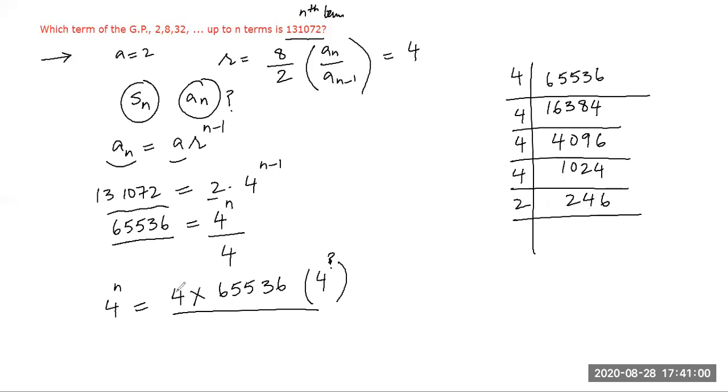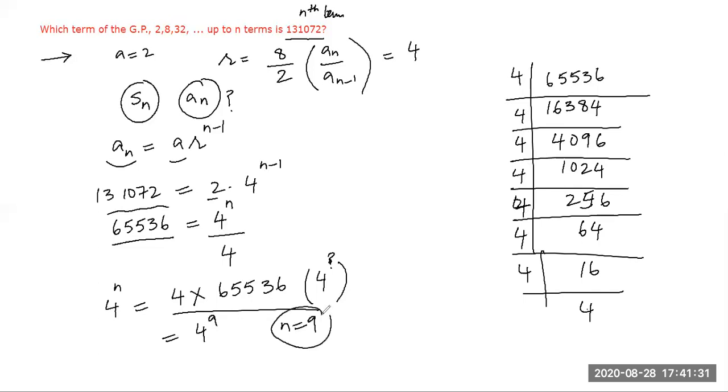Okay, so I think we have to convert this also. So I think it's 256. This one has been 4 to the 4. Oh yes, you're right. It's 256, and then we can divide by 4: 64, and then 16, and then we still have 4. So 1, 2, 3, 4, 5, 6, 7, 8. So into 4, it will be 4 to the power 9. So n is equal to 9.